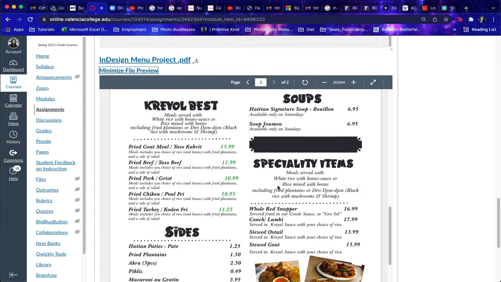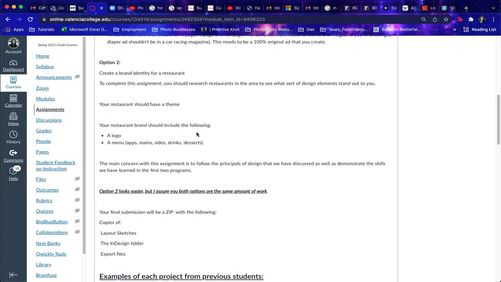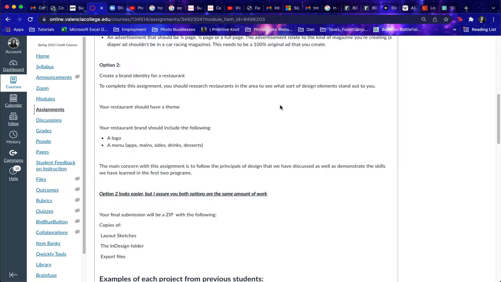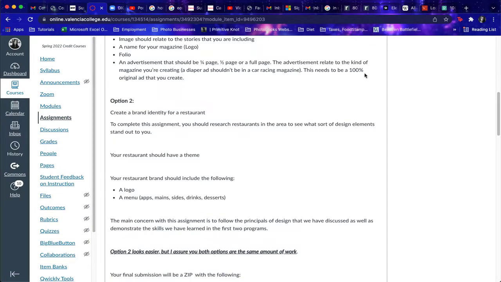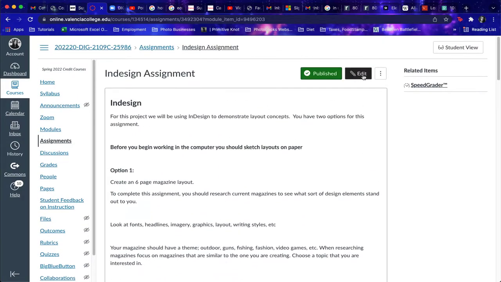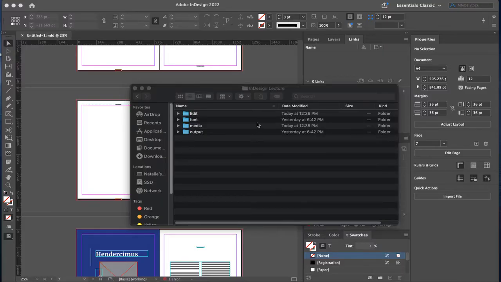Nice little menu here. The reason I'm giving you two options, that you can pick one or the other, the magazine or the menu, is because you might be in a class where you've done an InDesign project in the past, and you might have already made a magazine or a menu. So I'm just giving you the options, so hopefully you would select the opposite version this time, so you can continue to practice your skills here. Of course,